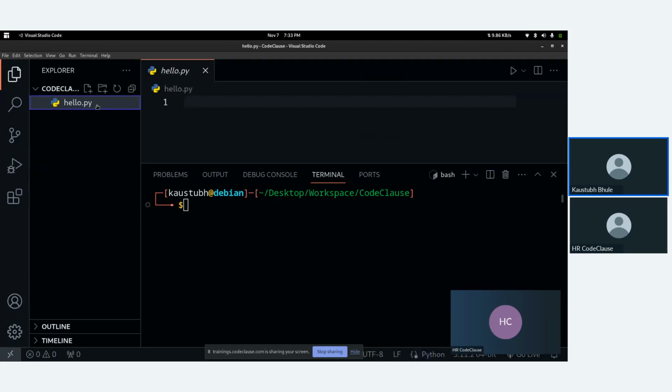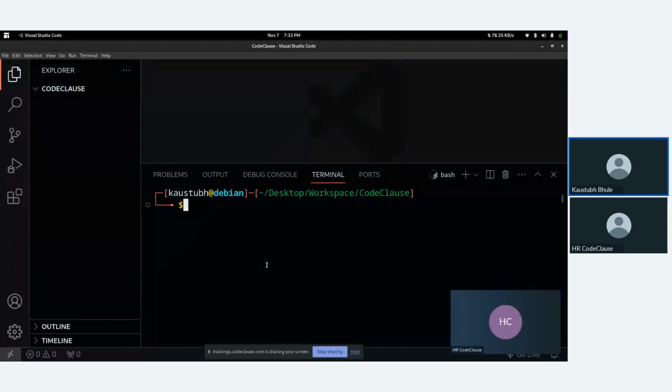Just delete this file, guys. To create any new project in Django, the command is very simple. We will run django-admin startproject and the project name.